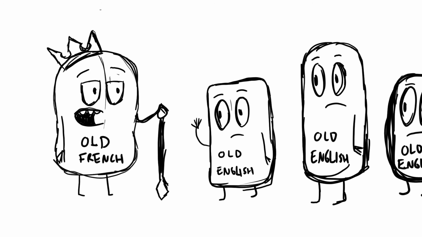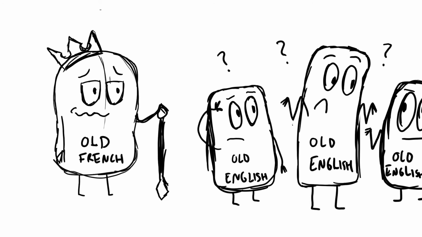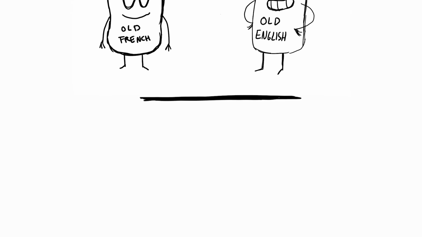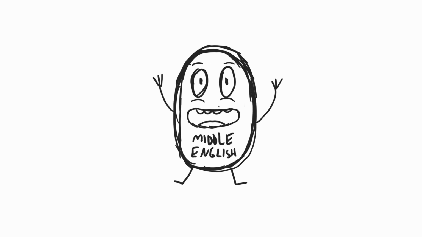But that separation is almost impossible to keep. How could you rule if no one understood you? What if you wanted to sound refined and high class? French trickled down into English, and much more rarely, English went up into French. The result is what we call Middle English. This blending happened all across the language, but again, it wasn't random.